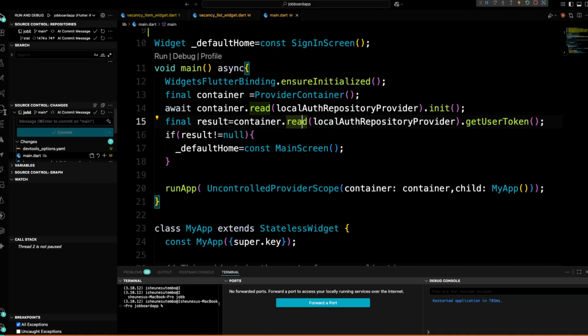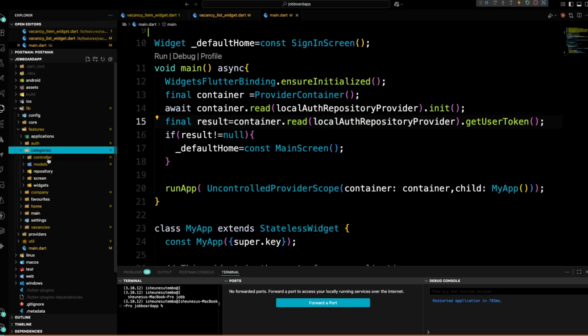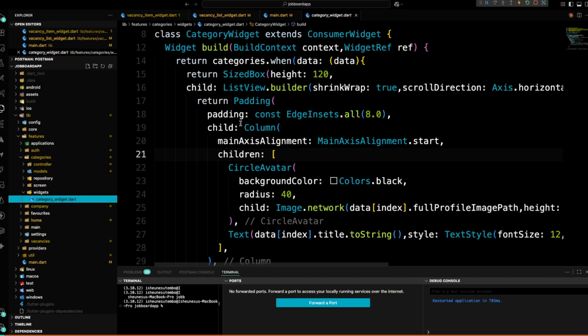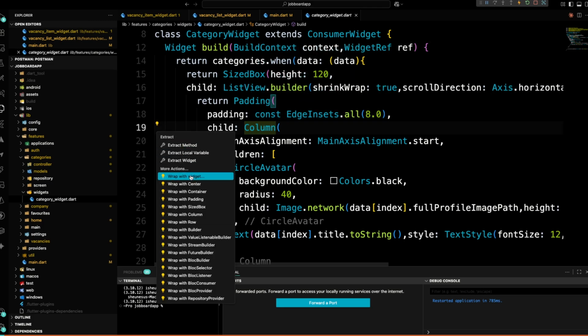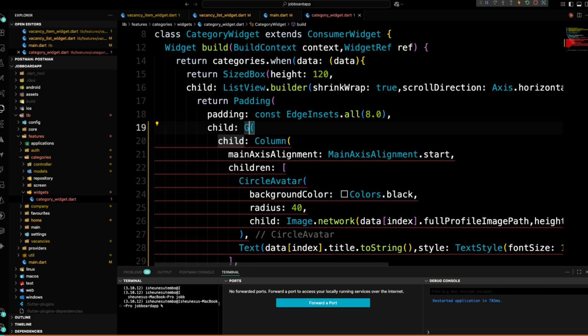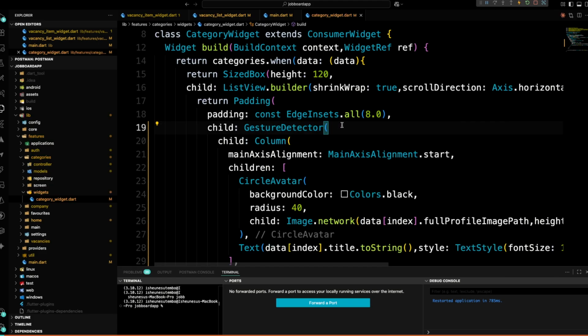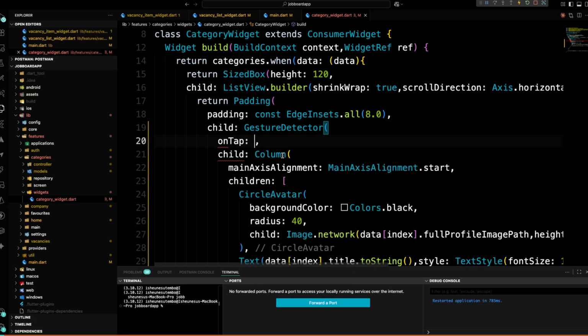So the first thing that we want to do is go inside our job categories, right? So if you go to our categories widgets, we want to wrap this column widget with the gesture detector, right? So when the user taps on this column widget, what we simply want to do is redirect to